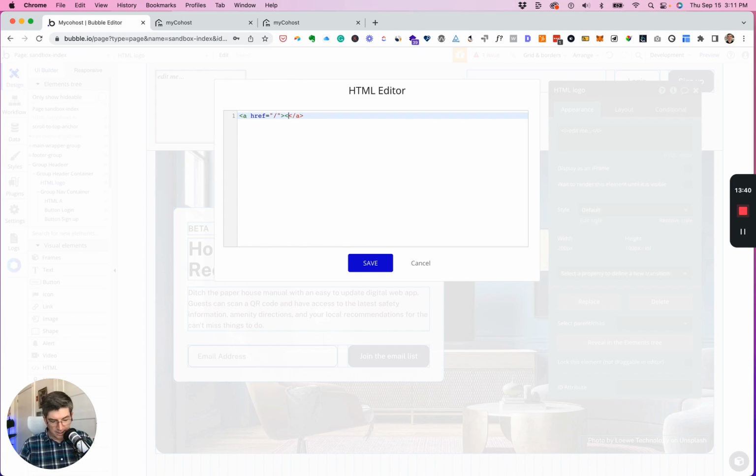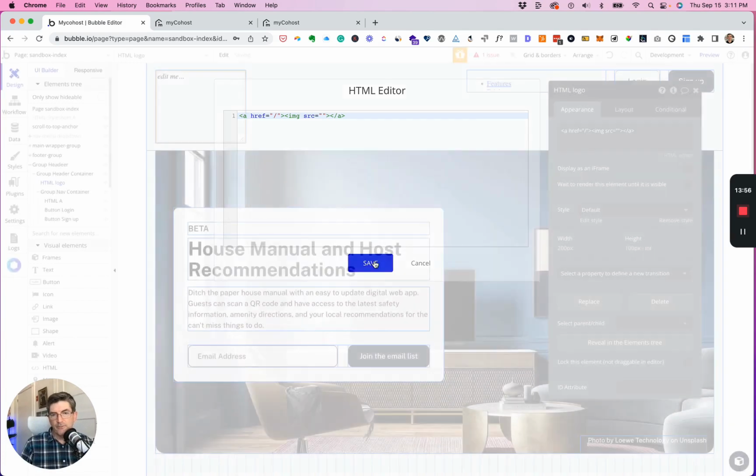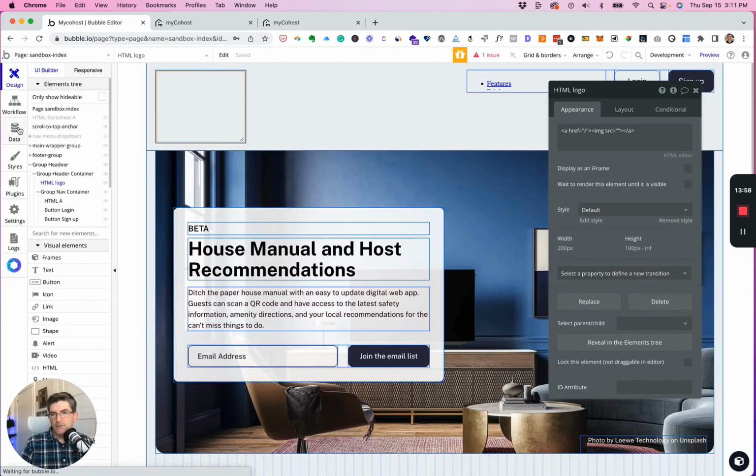So inside the A tag, I need to put an image, and the source, src equals, open quote, close quote. Let's close the tag,